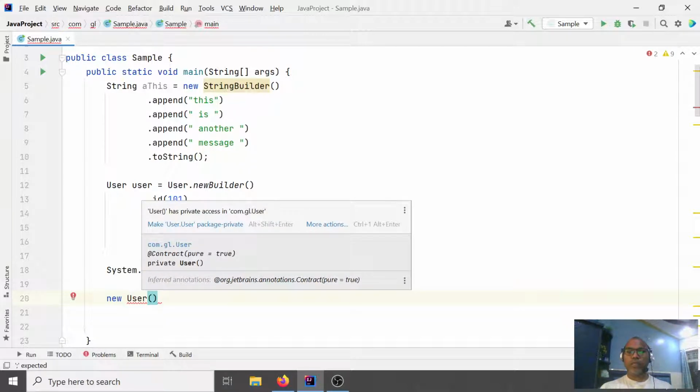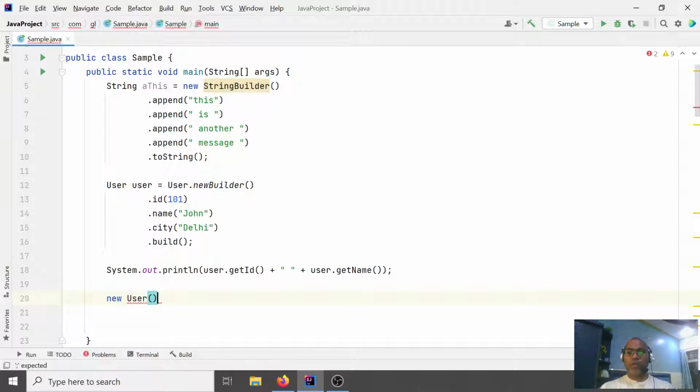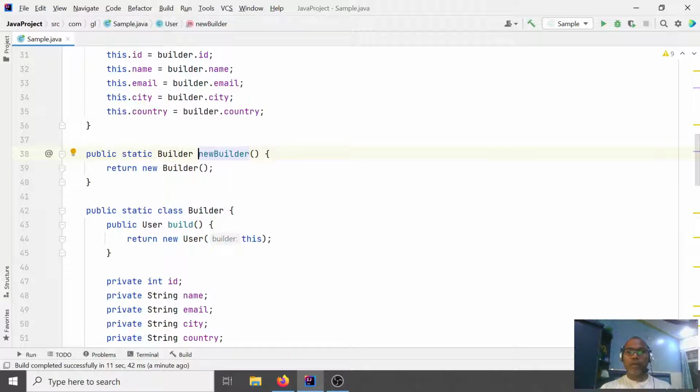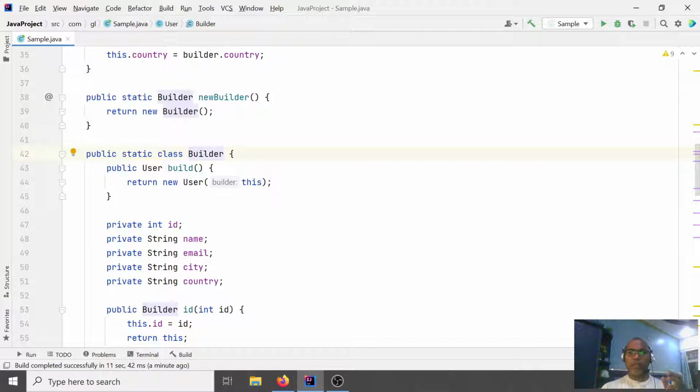We don't want our user object to be created directly, but created from the builder object. Now our new builder creates a new builder class, and this builder class has just one build method that returns the actual new object with these parameters.